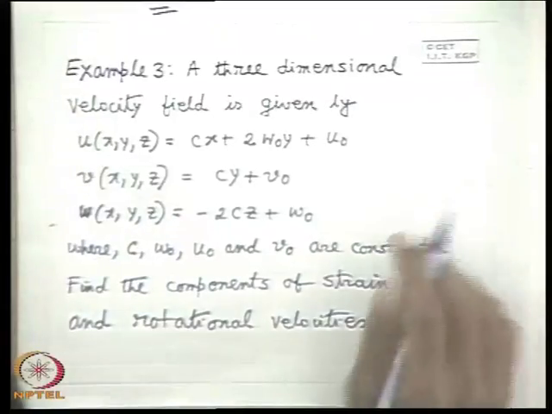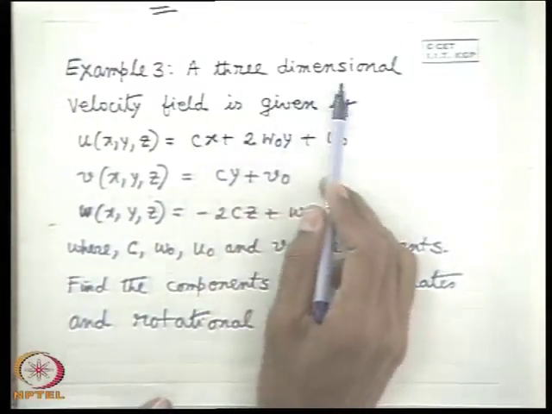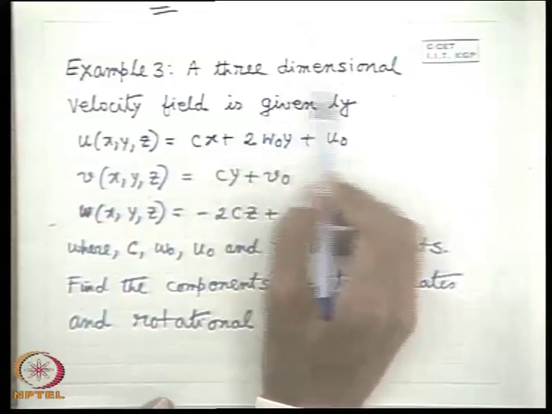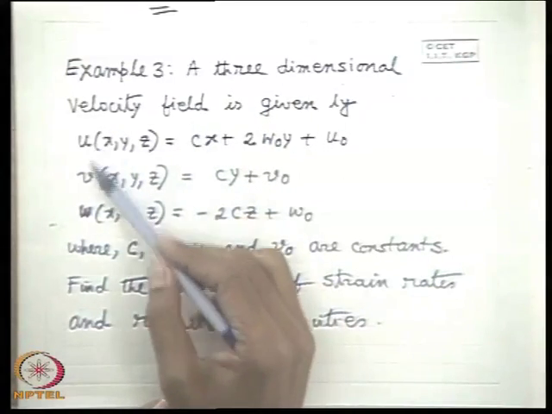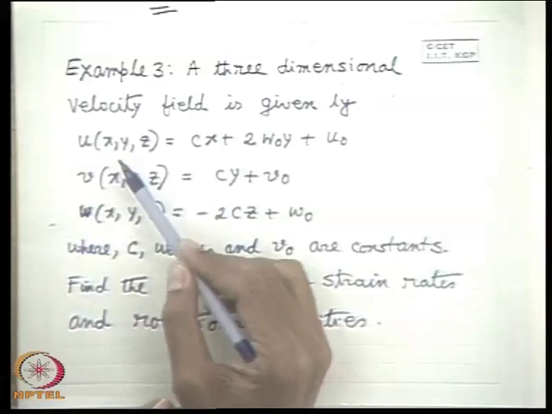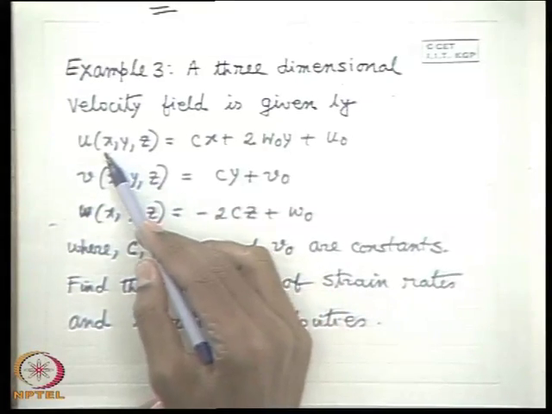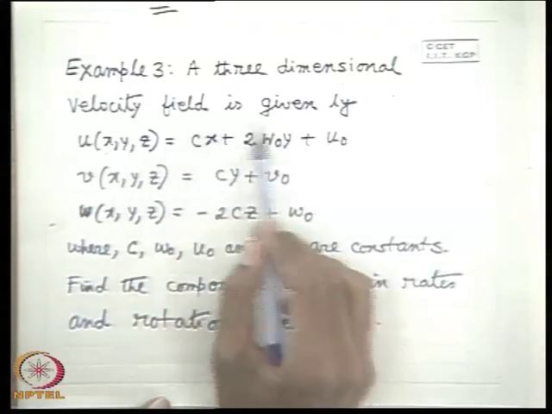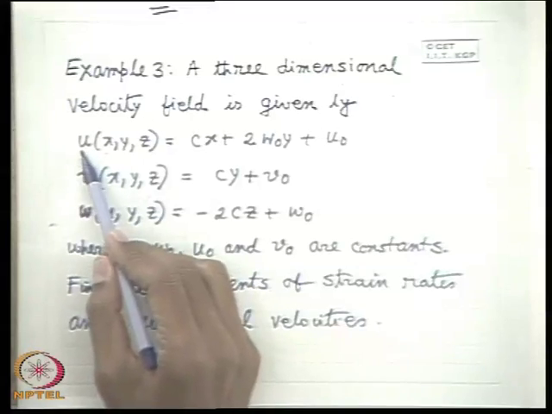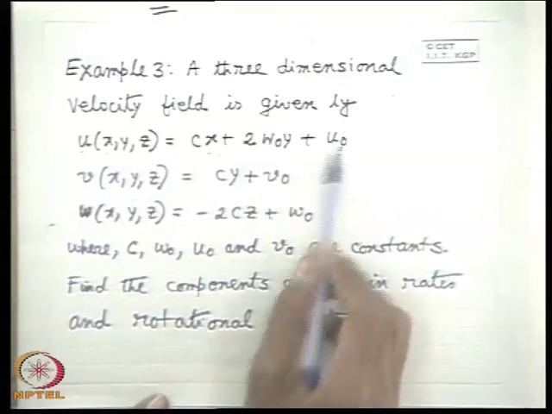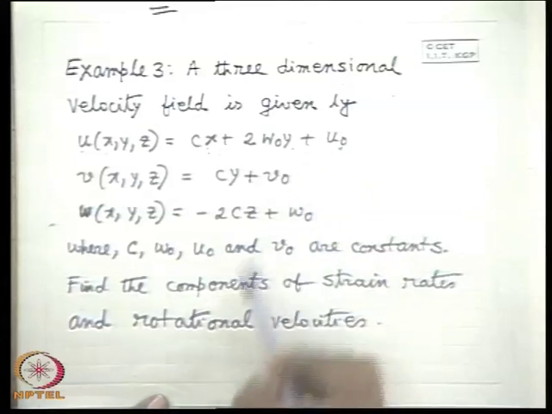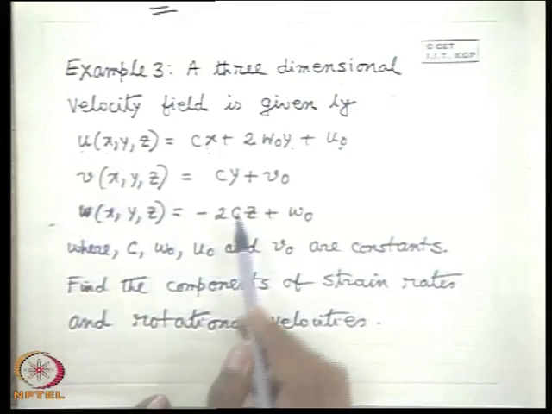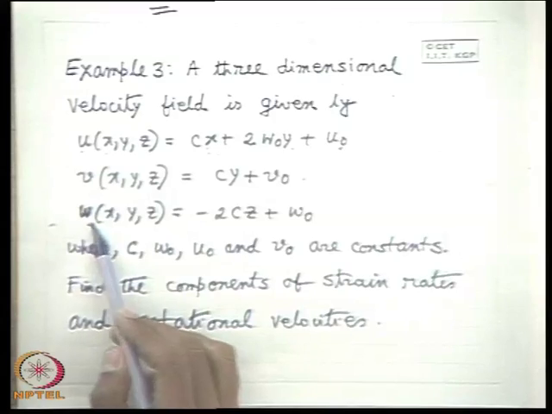Another straightforward application in kinematics of fluid regarding the fluid motion: you see a three-dimensional velocity field. As I told yesterday, three-dimensional flow means where the three components of velocity exist, and all the three components are functions of x, y, z, all the three space coordinates in general. This is known as a three-dimensional flow field, which is given by the u component, the x component of velocity. Of course, here it is not a function of z, only of x, y and u0. This u0 is a constant, defined in the problem. The y component of velocity is given by this, and the z component of velocity is given by this.